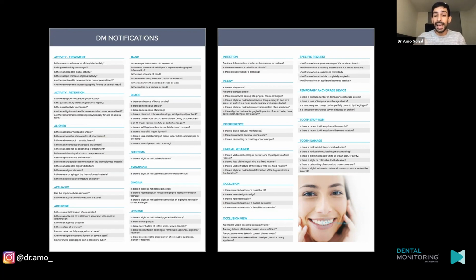This is just what it can recognize. What it will do with the information is it will present it to you, but then you can let the app and the AI know exactly what you want the AI to do with the information, to the patient or to you. This will take a little bit of time to set up at the beginning, but just like everything, it takes a little bit of time in the beginning,